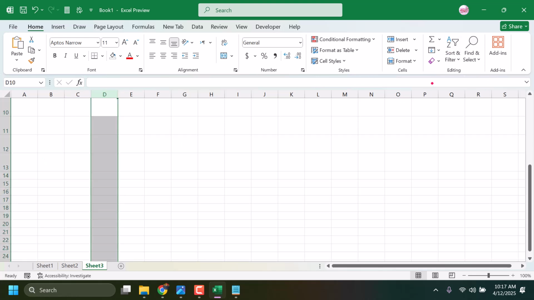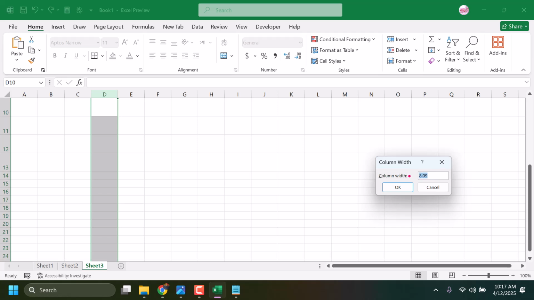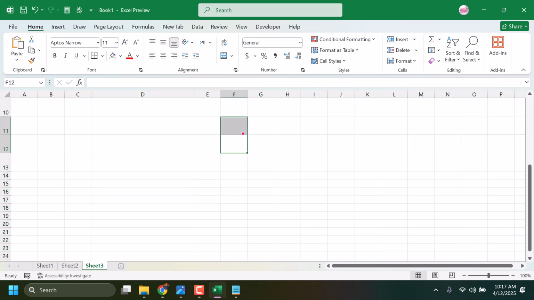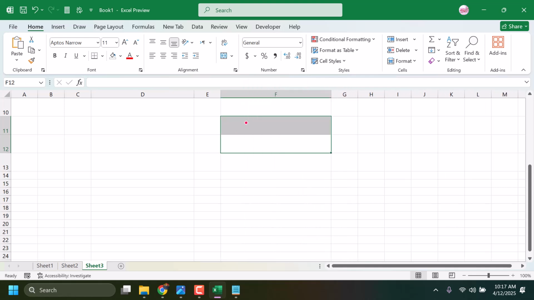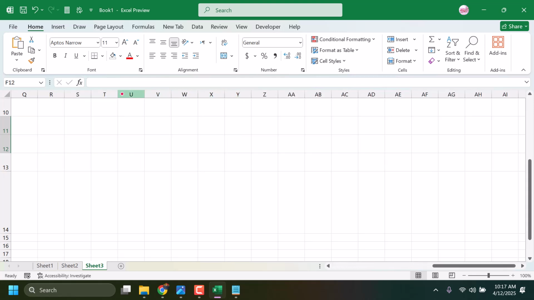Select it, format, and here column width, like this, and you can change from by selecting here. So you can see the number, and here if you need some particular row change,